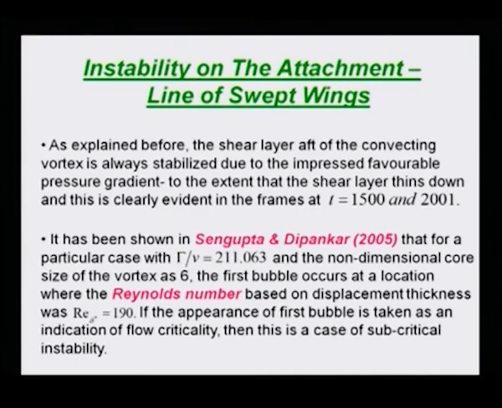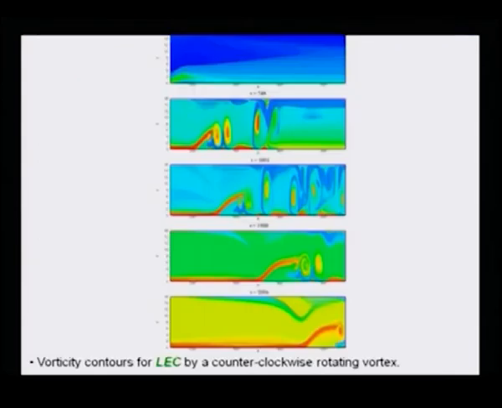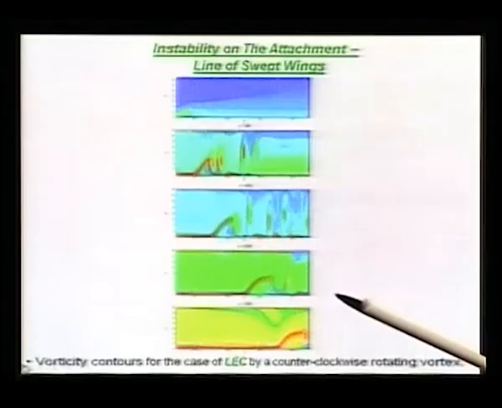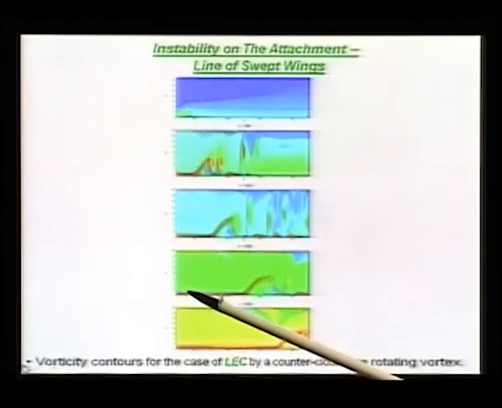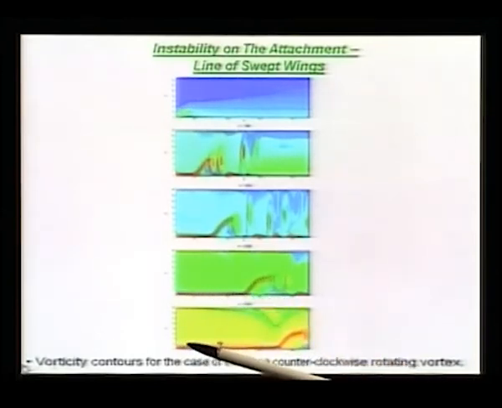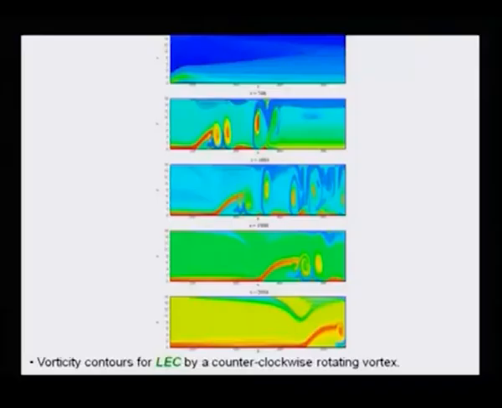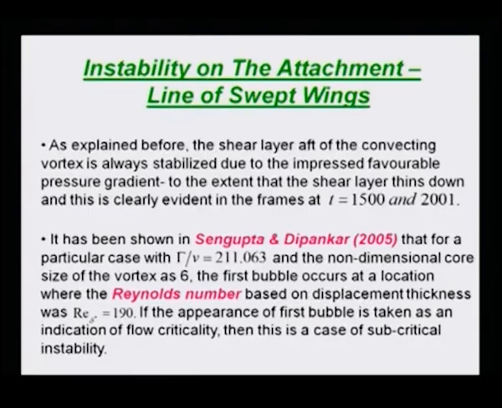If I show it again, you will notice that in these cases you can very clearly see that vertical events are taking place here, but the shear layer is thinning down as you are going down. This side you have a thicker boundary layer, this side you have a thinner boundary layer. So, these are some of the things that show one-to-one correspondence between this equilibrium flow versus the Blasius flow that we have studied. Okay.